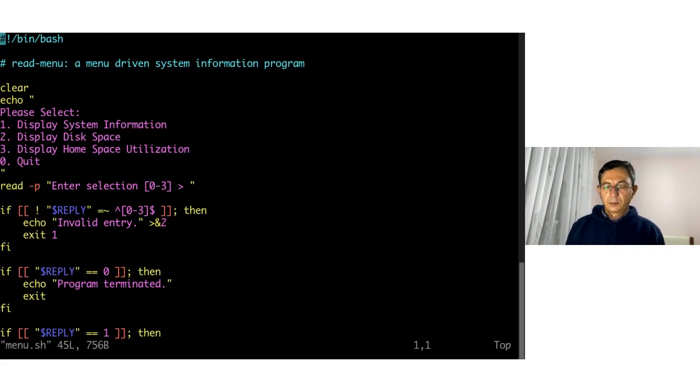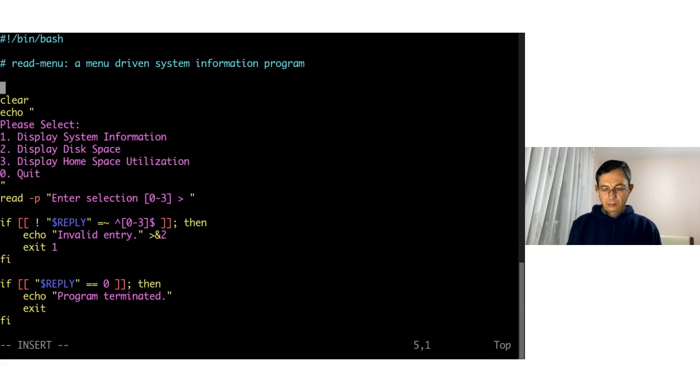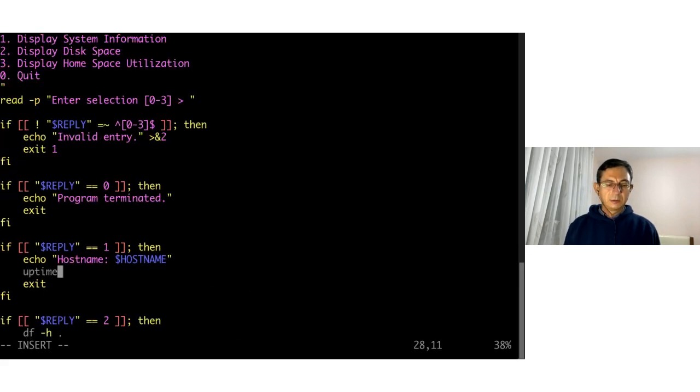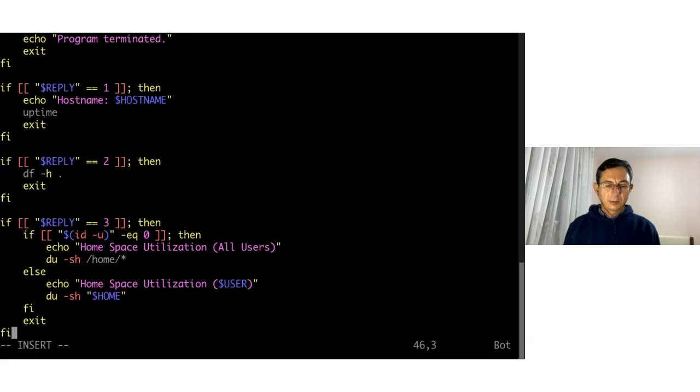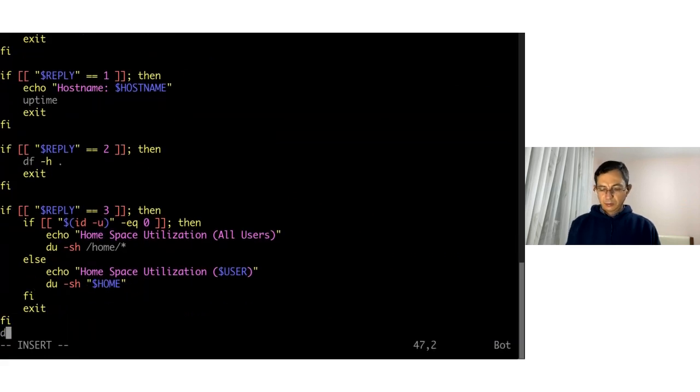We want a while cycle here, and we will write some condition here, and then do, and then at the end of the script we are closing the while with done,